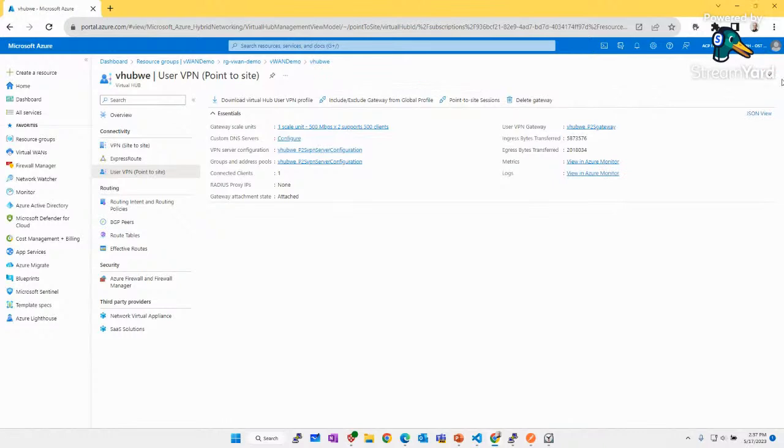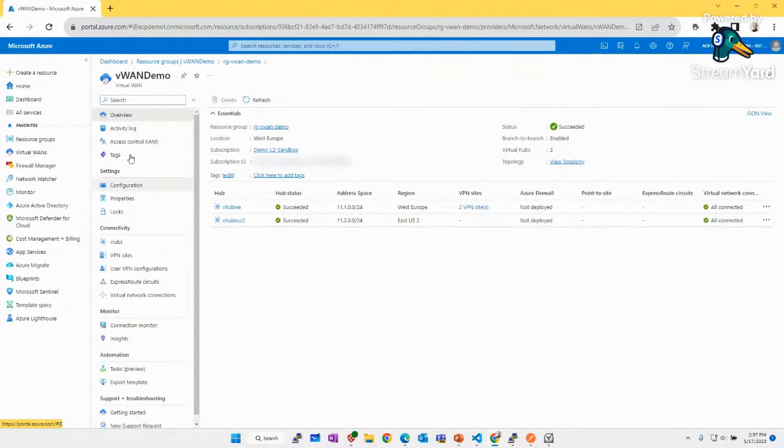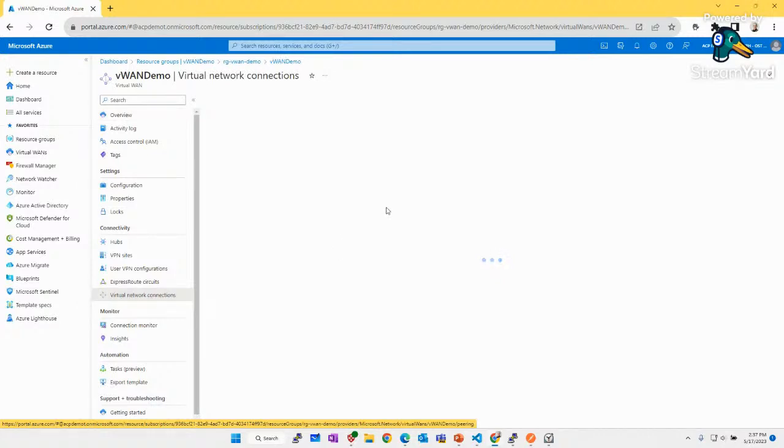Okay, so from the network connectivity inside Azure, you have here the ability to connect your virtual networks. So this will take a few seconds. Then we will see the two virtual WAN hubs and the connectivity between the virtual networks from Azure and the virtual WAN hub. Okay, it takes longer.